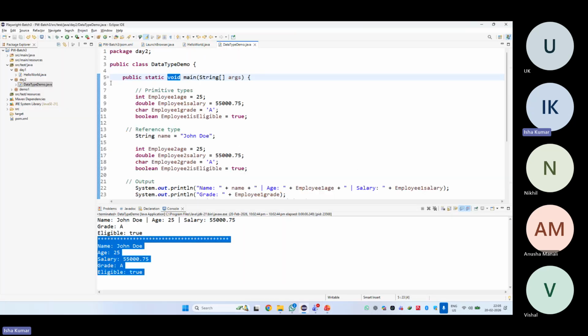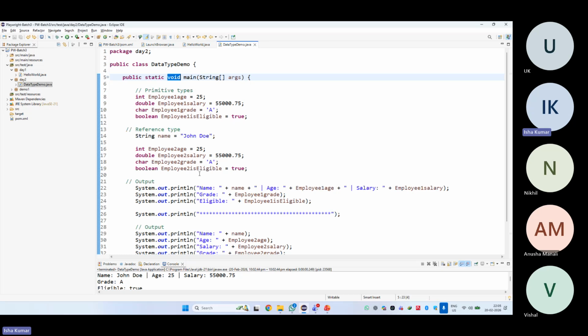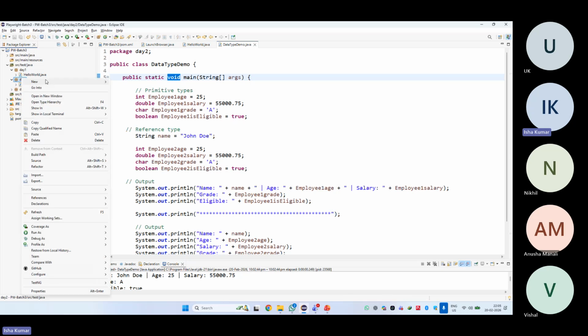Okay, so I'll show you an example of how this data type that we created here, right? This many times we are doing it, right? Instead of that, we can declare all these things inside one method and call that into a program. Okay, I'll show you how to declare a